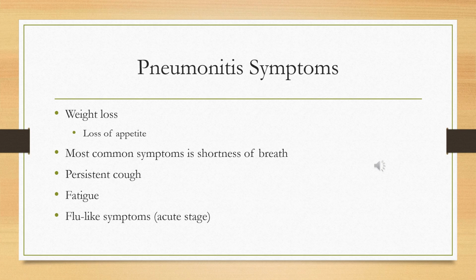So for pneumonitis, the most common symptom is shortness of breath. You also get that weight loss due to loss of appetite or